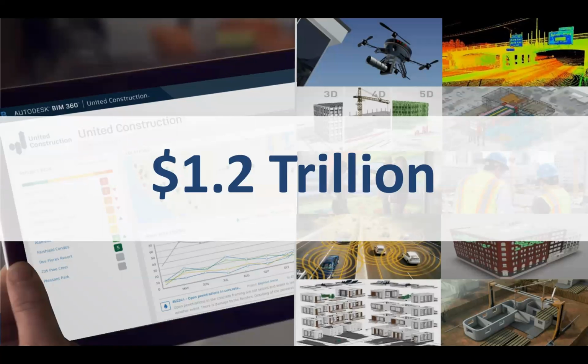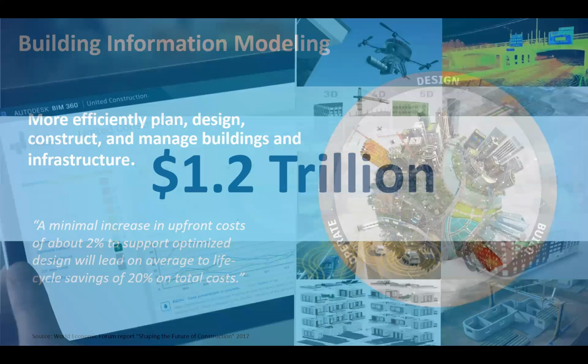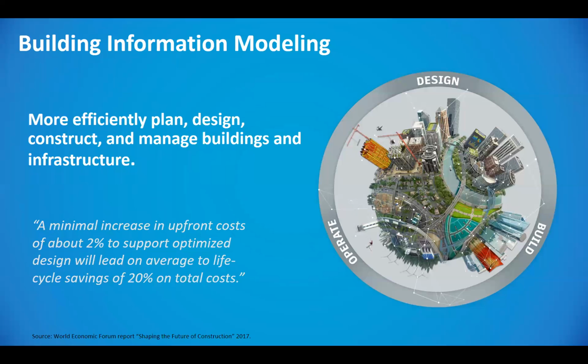And we all know what some of those are, but when you add all that up, there's, again, some numbers that are just staggering. So I'll leave you with this, and then I'll turn it over to Jamie. But this is really, I think we all know that BIM stands for Building Information Model. And you can see that there's a lot to where it starts on the design side, into construction on the build side,